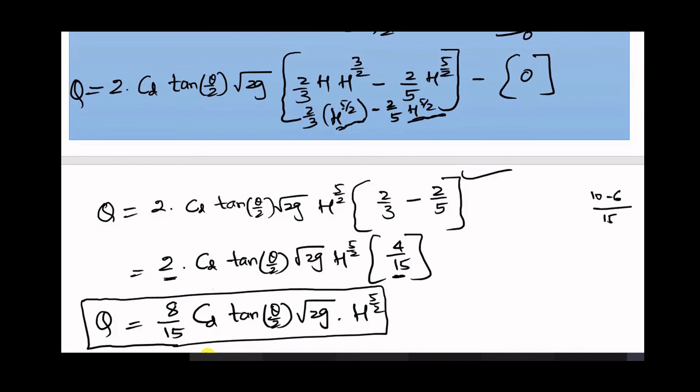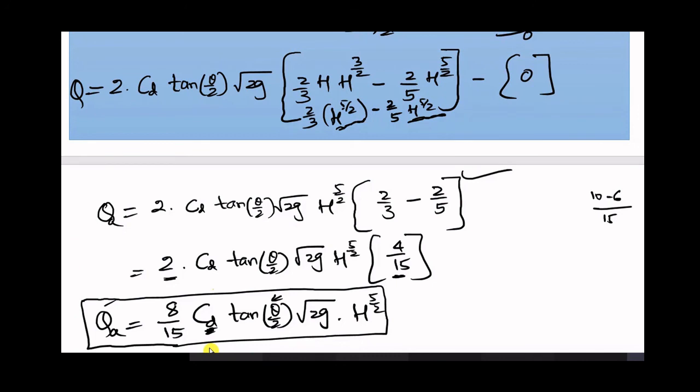So in this equation, this CD stands for coefficient of discharge for the notch, and it will be in the range of 0.6 to 0.7. This value will be given in the numerical when you are calculating discharge. And keep in mind, this is actual discharge. What you have calculated is actual discharge because you have considered CD. Tan theta by 2 is the formula. Theta is the angle of the notch.